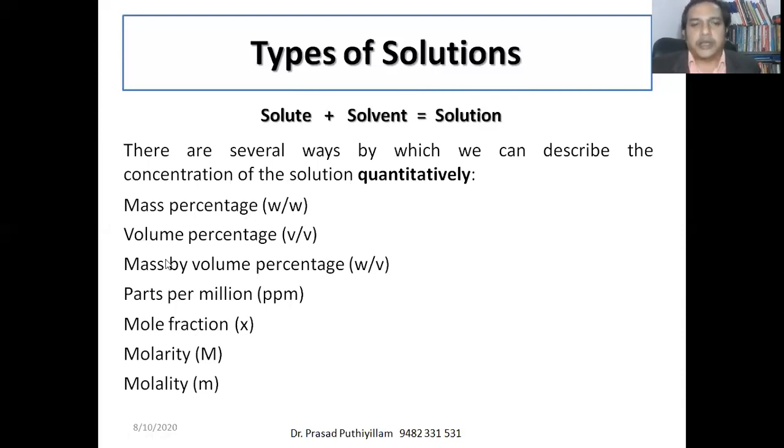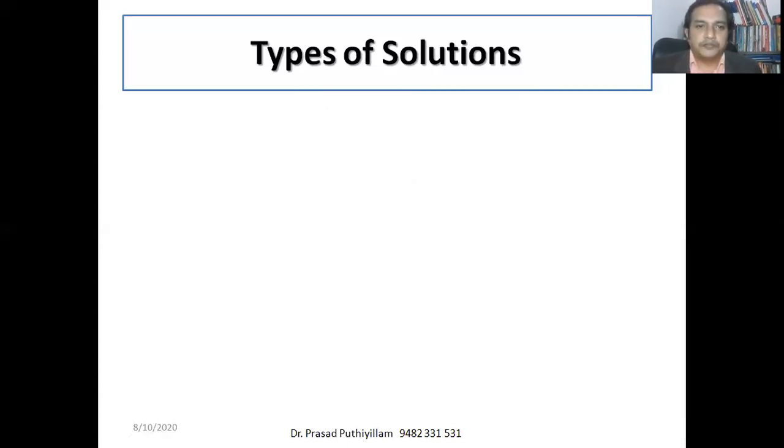But these concepts are required when a chemist handles chemicals in the laboratory or in industries. There we cannot do it qualitatively. We have to specify how much concentration is there. Mainly in research, we have to specify each and every temperature, pressure, and concentration. Then only we can repeat it. Repeatability will be there. Okay, so we'll see one by one.